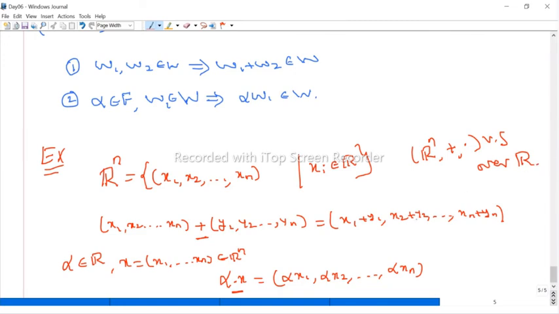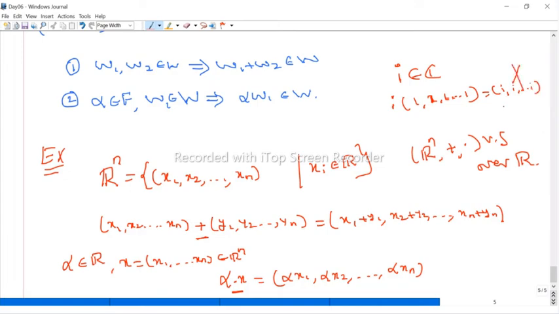Why can we not take complex numbers? Suppose this is a vector space over the complex numbers, what will happen? The scalar multiplication is not defined. Why? Because if we take some scalar, I am taking i from the scalars C. Suppose I take the vector (1, 1, 1, 1), where all the entries are 1. This is a vector. Suppose I multiply by i, what should it be? It should be i.